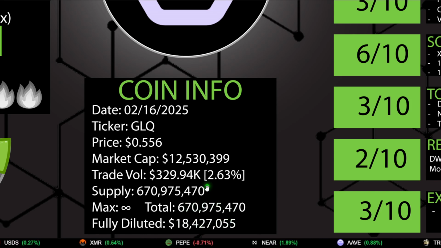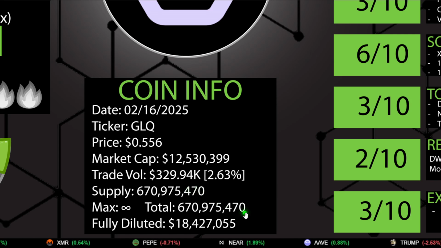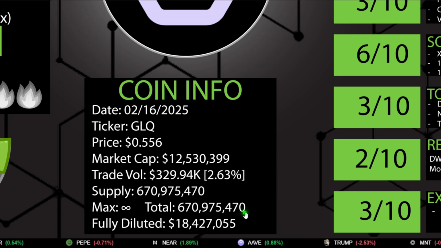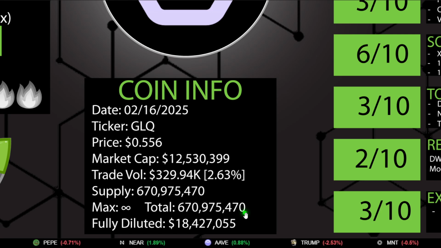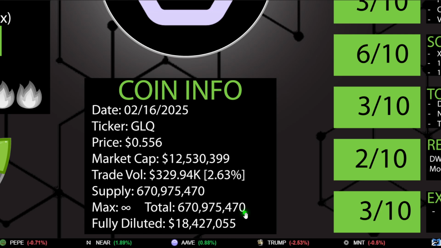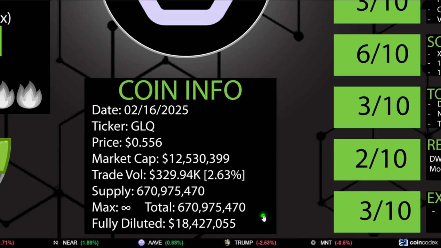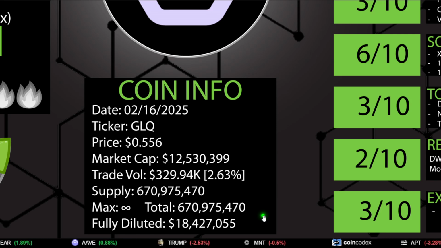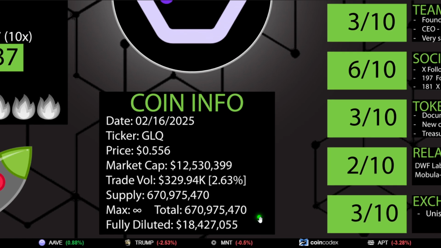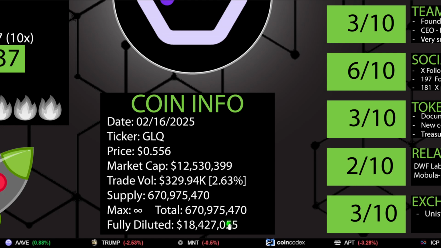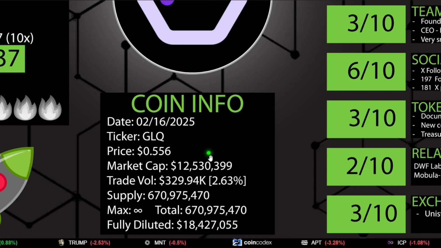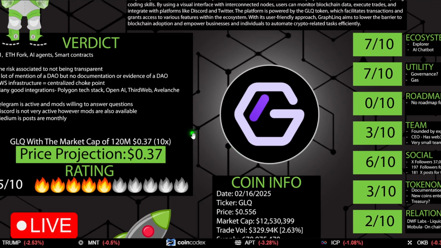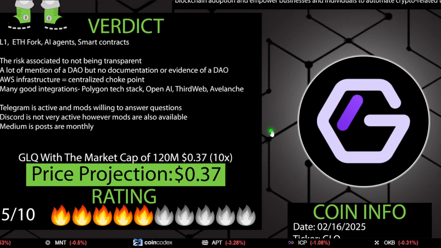But their total and current circulating supply are equal, which means that all the tokens are in circulation, which is interesting to me. But without confirmation about where those 50 million tokens and those three categories are, I don't know where they fit in all of this. Either they're in distribution or not, and if they are, we need some graphics to show us where those tokens are. And fully diluted is $18 million, guys. As you can see, the tokenomics is not that bad, but there's a bit of a discrepancy. There are discrepancies everywhere with regards to numbers. They need to take responsibility for educating people and providing that transparency, and that's it.